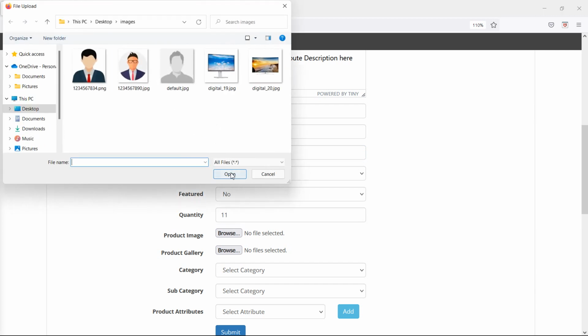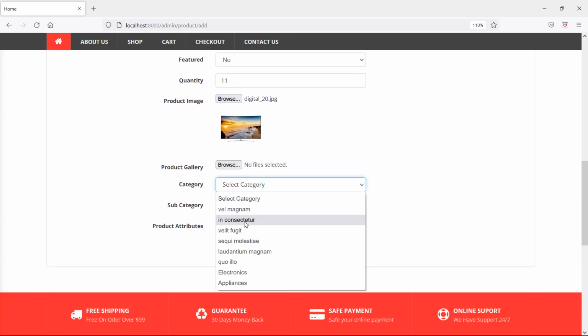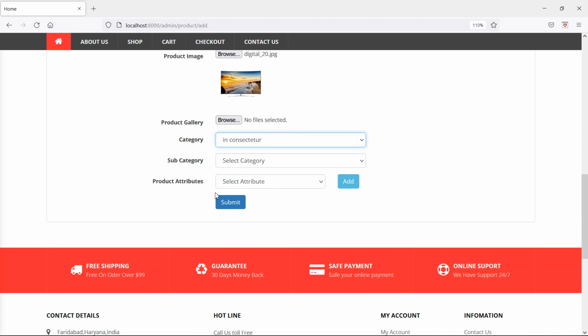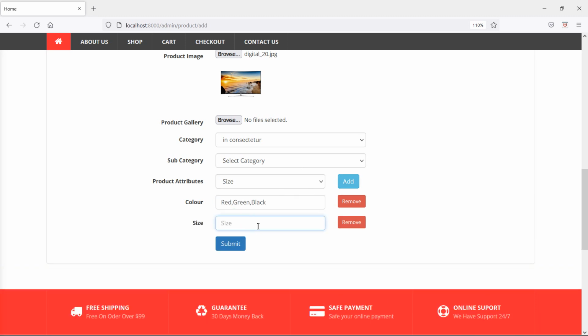Browse the product image. So select anyone. Now select the category. Okay, and now select the attribute, product attributes. So first select color, add color, and add here some colors. So just write here the color name red and separated with comma. Okay, red, green, black. Okay, and now add here the size attribute, and let's say size is 24, 32, 43 and 50. Okay,